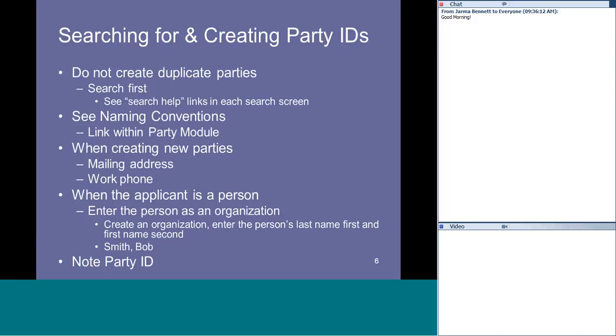Before we demo the wizard, I want to talk to you about party IDs. We do not want to have duplicate parties in the system, so we always do the search first. There are naming conventions, and those can also be accessed through the business rules, and we'll introduce you to some